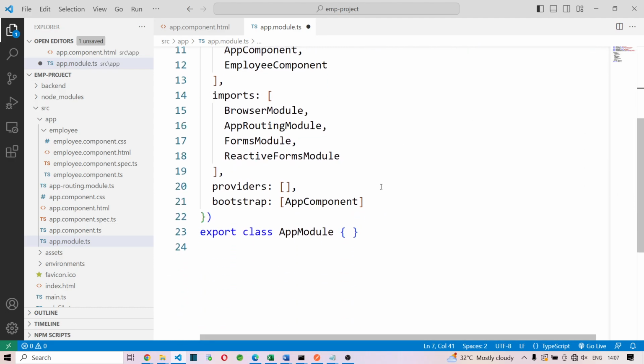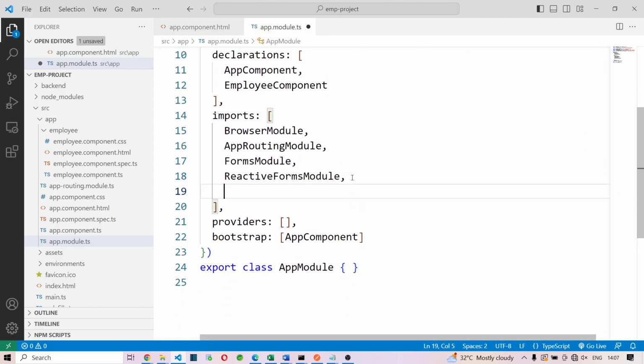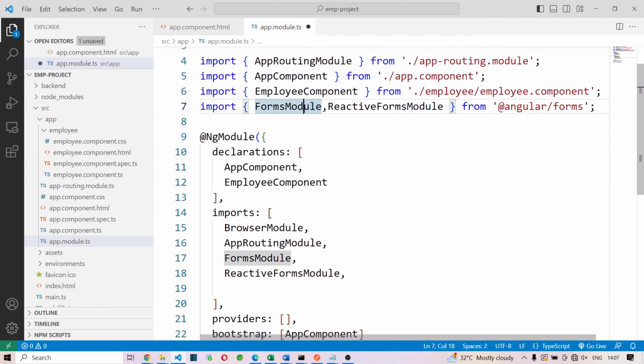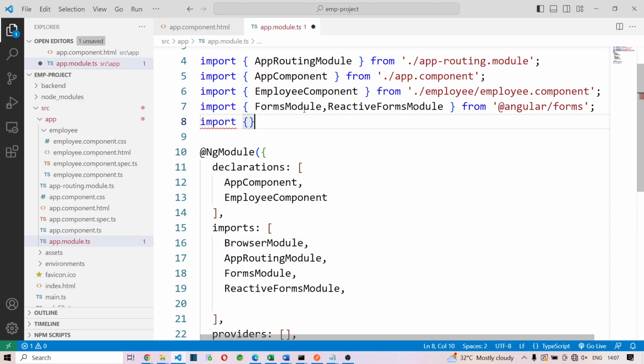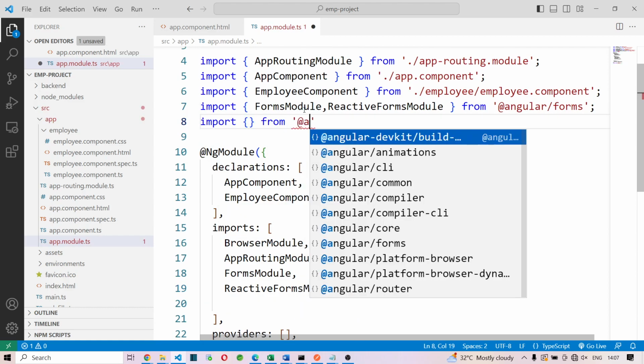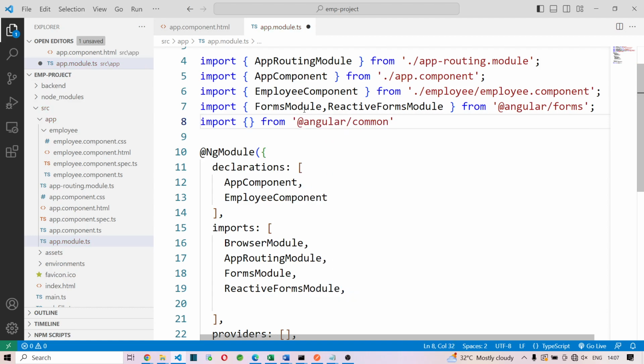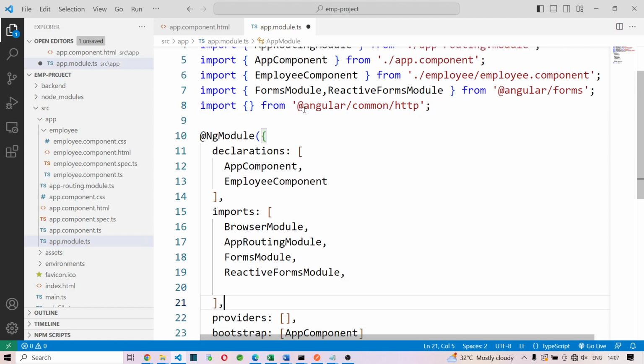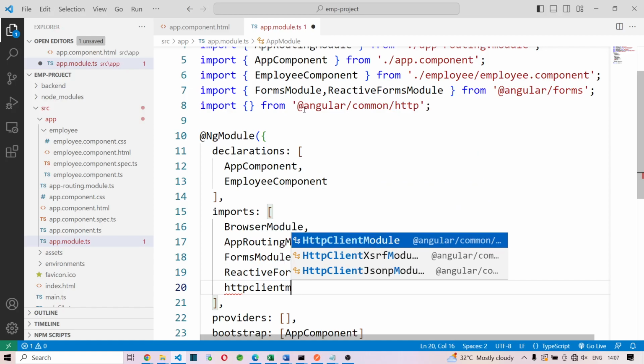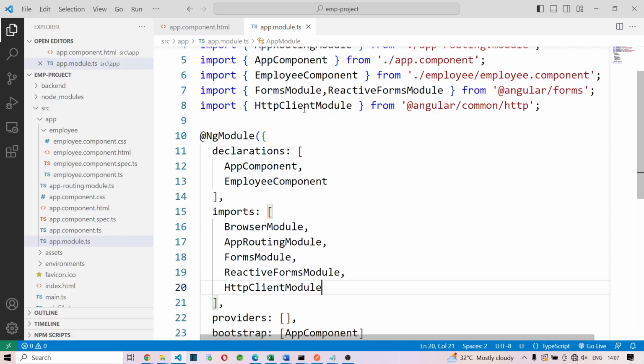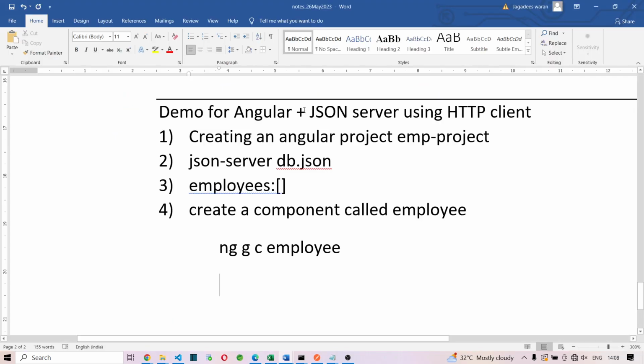Then what we need to do, we need to import HTTP client module. Again, it's not helping me. We have to import it. Import something from @angular/common/http. We need to remember this. In some situations, we need to type it. So HTTP client module is important. I hope whatever we need is being imported, right? So note it down. In app module.ts we have imported